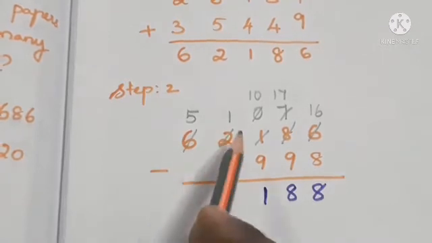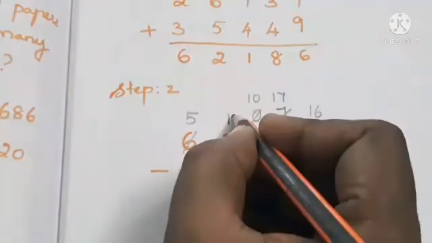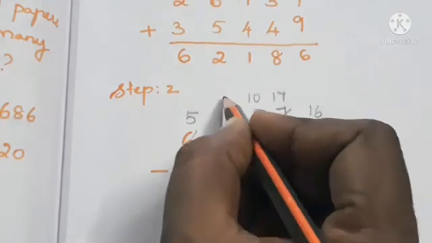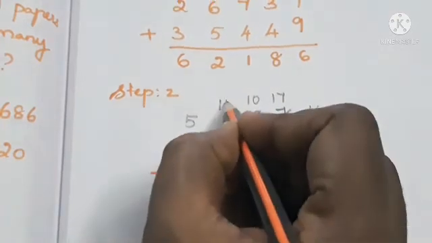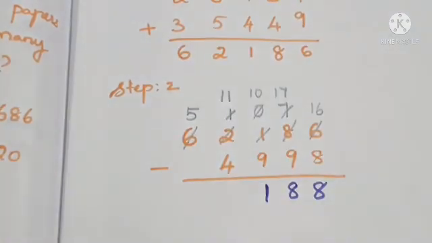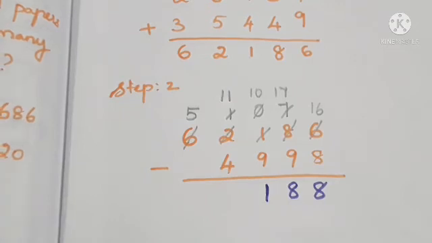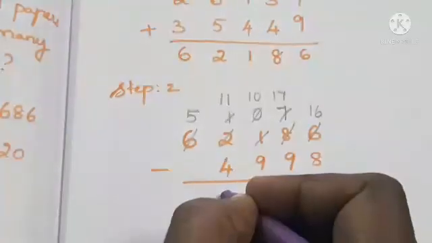Now we have here 1, so we have to write a 1 to the left of the 1. So 1 and 1 become 11 now. So 11 minus 4. 11 in the mind, take 4 in the finger. 11 before is 10, 9, 8, 7. So we got 7 as the answer here.